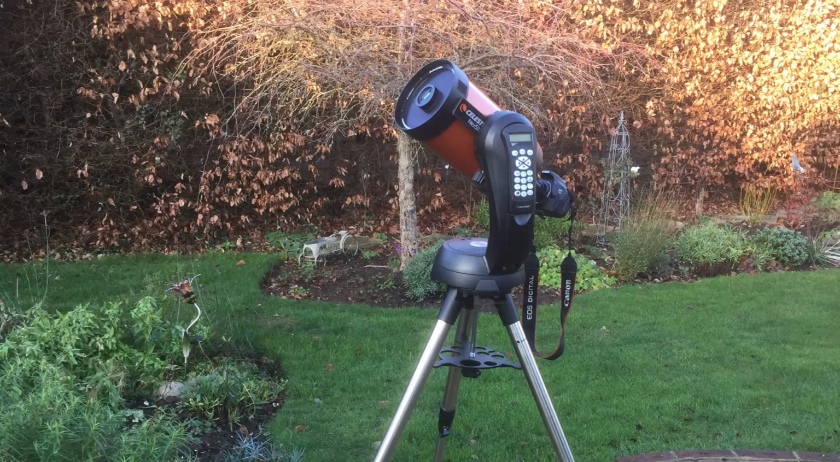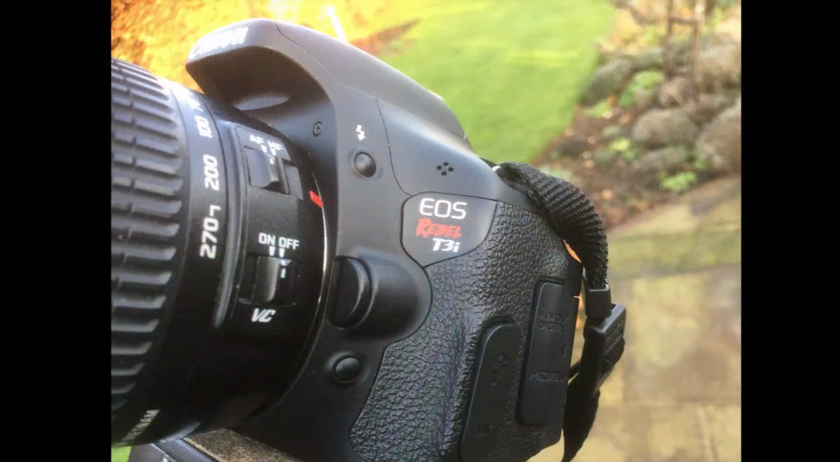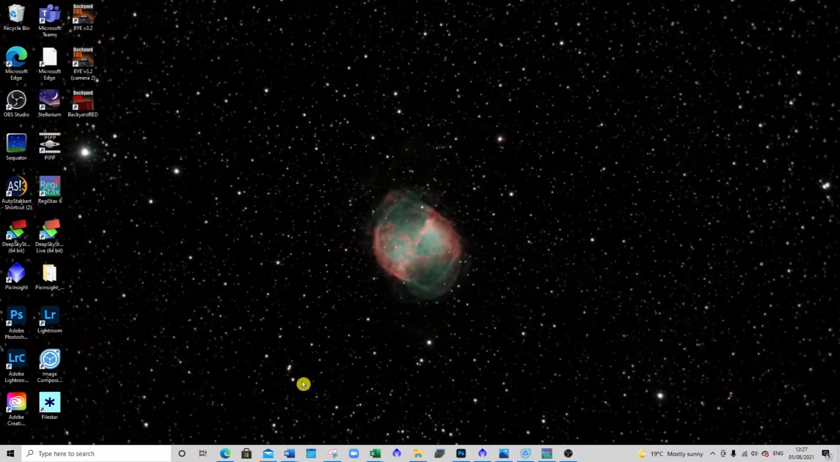So here's my Celestron NexStar 6SE telescope. It's 1500 millimeters of focal length. I use a focal reducer even for the moon, 0.63, so it brings it down to about 952. And here's my Canon camera, the Canon EOS Rebel T3i. So I use it with the focal reducer because with Backyard EOS I can actually increase the size of my image through that. And here we are on my desktop, and if you look in the top left hand corner,